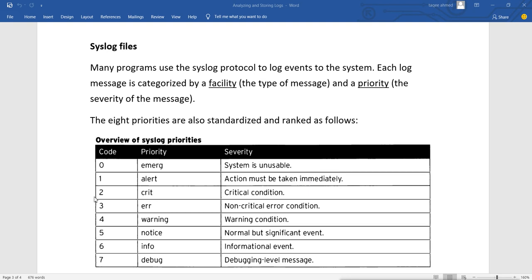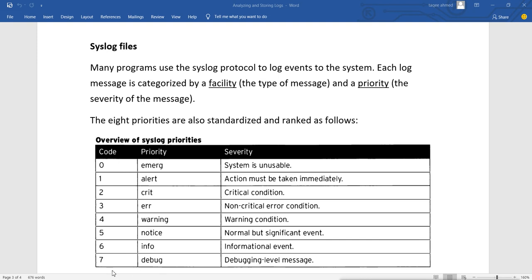Then code 2 means crit, that is critical condition. Number 3 is error, that means non-critical error condition. Number 4 is warning, a warning condition. Then 5 means notice, that is a normal but significant event. Then 6 means info, informational events.